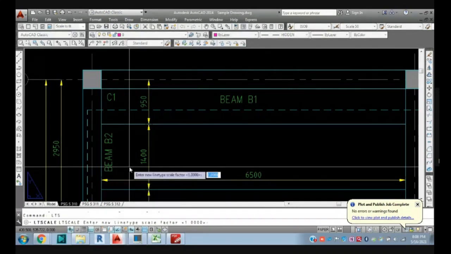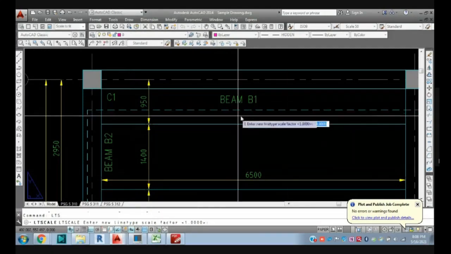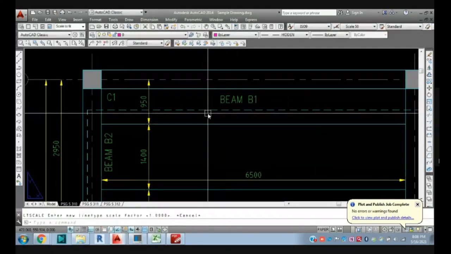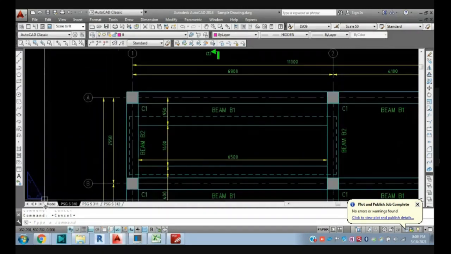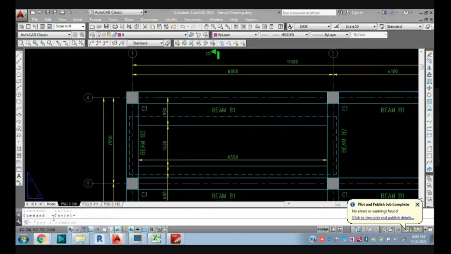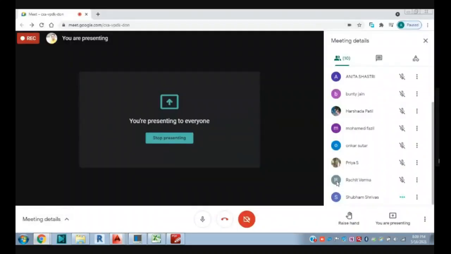Increase your line type scale to 5, 10, or whatever, and you can see this hidden line or grid lines. So just type LTS and increase your line type scale. Okay sir. Are you getting it? Okay sir, thank you.